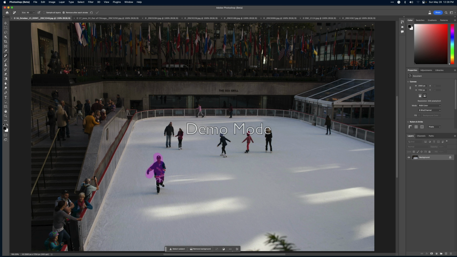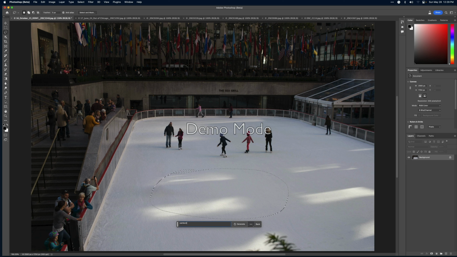And instead of using content aware fill, I am literally just going to use remove. And now it's using the AI, talking back to Adobe, figuring out what needs to be done to remove this ice skater right here. And I'm removing this person because I have an idea to use the generative fill. Okay, you can see the shadow is still here. So if I take out the shadow, now the shadow's gone. Now I want to add a Zamboni right here. I'm going to just lasso that, hit generative fill,